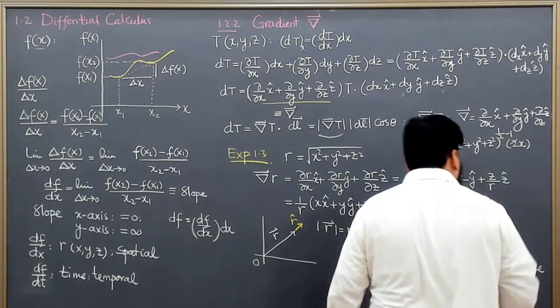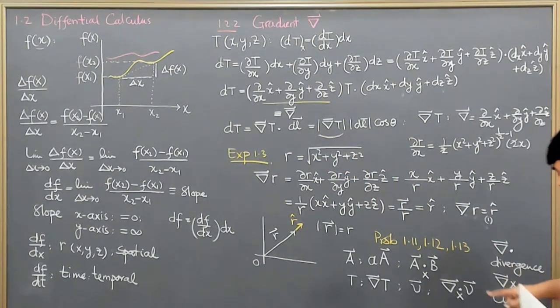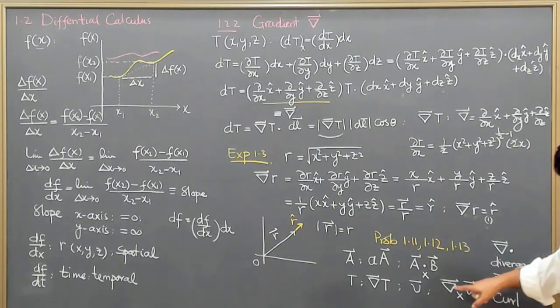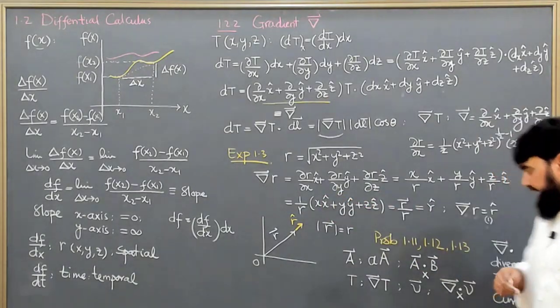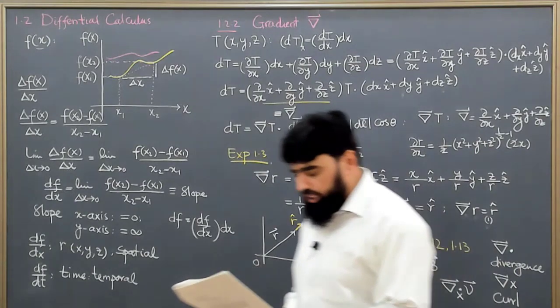Divergence means moving from one point to another in a straight line, while curl is the rotation, because this involves spatial variation. But when the dot is with it, that variation is in a translational dynamics, and we call this divergence. And when this gradient variation is combined with the rotation, it gives us the curl of a vector, meaning how much a vector function or a vector field curls.